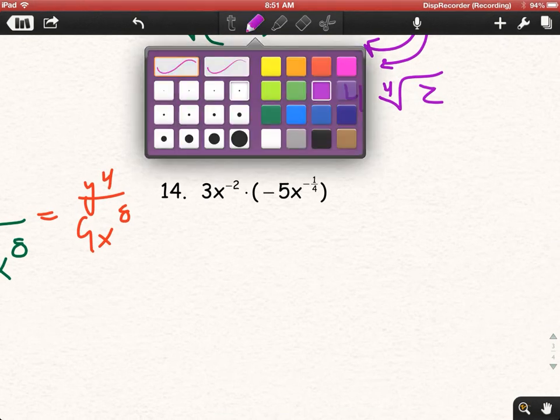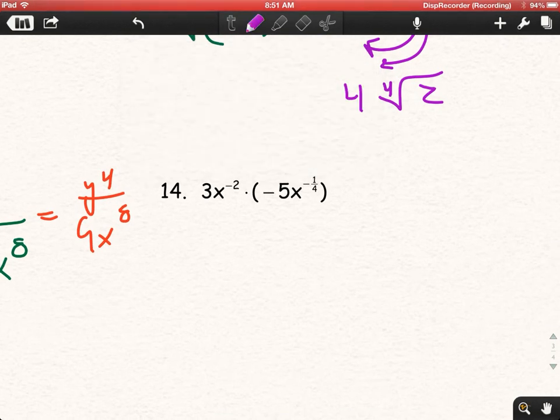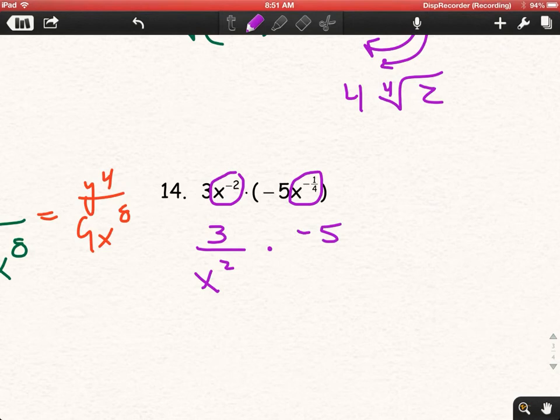Number 14. This goes back to the first semester where some of you are still not comfortable with the negative exponents. The 3 and the 5 do not have negative exponents. So this is 3 over x squared times negative 5 over x to the 1/4. So what I could do now is combine everything. I could say, well, that's negative 15 up top. And this is x to the